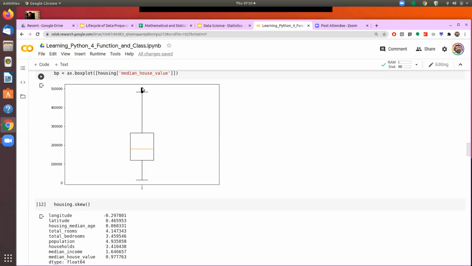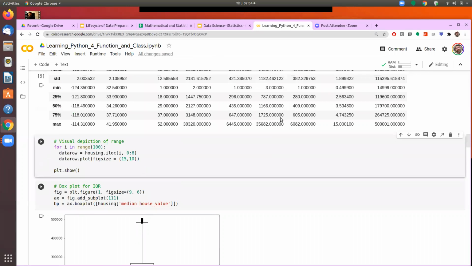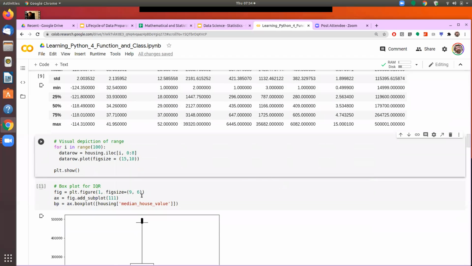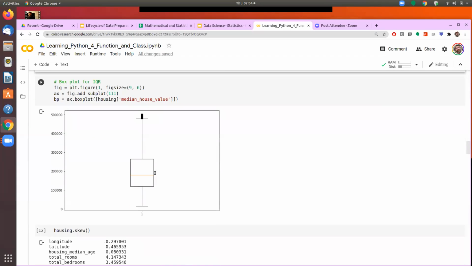So that's one way to understand my data, whether it really contains a few data elements which should be considered as outliers and which will have a disproportionate influence on certain measures, like the average. So we have seen the describe function. We can plot that. We can do a box plot to find out that even though I have, say, 1,000 records or 20,000 records, are there certain records which are outliers in nature, and do not really gel with the rest of the data sets.